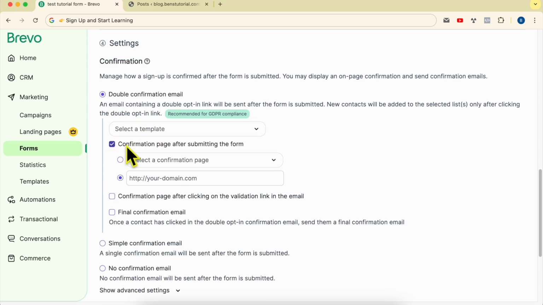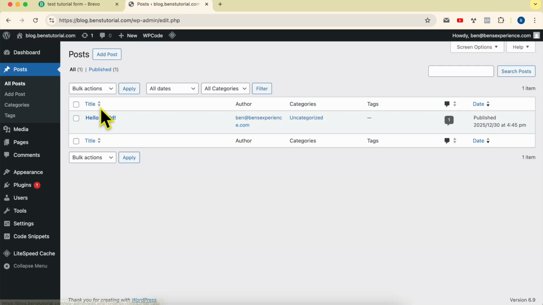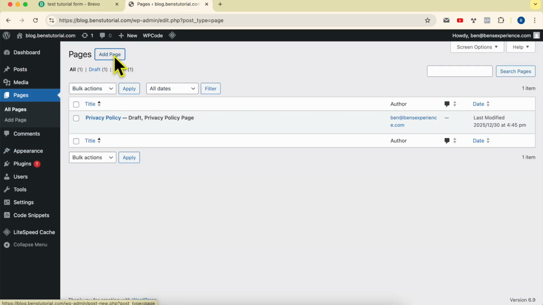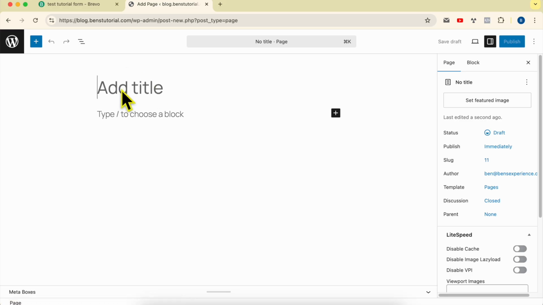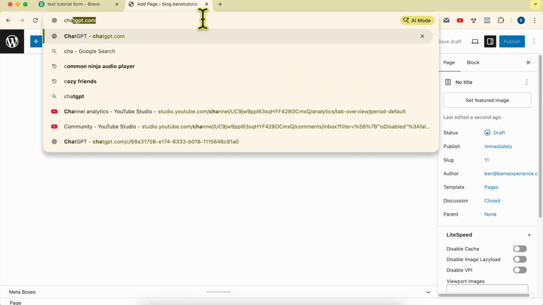Personally, I go with a confirmation page. Instead of showing the default Brevo confirmation page, I use my own page that I create on my website. Let's create a confirmation page together. So I will go to my WordPress dashboard, go to pages, click on add page. Let's ask ChatGPT